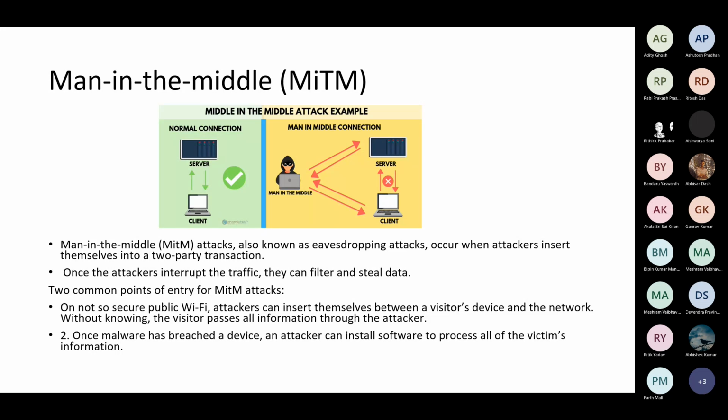In this man in the middle attack, as we were saying, some adversary is sitting in between the server and client communication. So whatever the server is communicating, in an ideal situation, that communication should go to the client. Otherwise, the client communication should go to the server. But in this scenario, all the communication is passing through the man in the middle. Okay, so